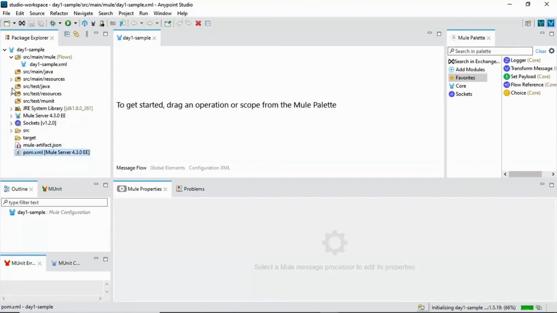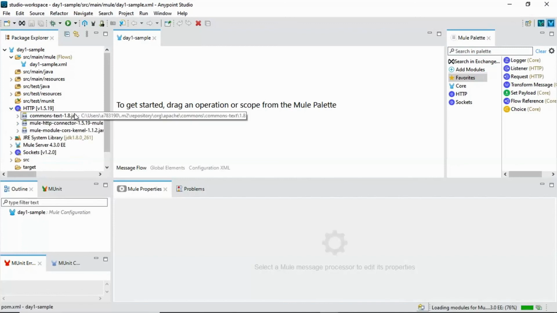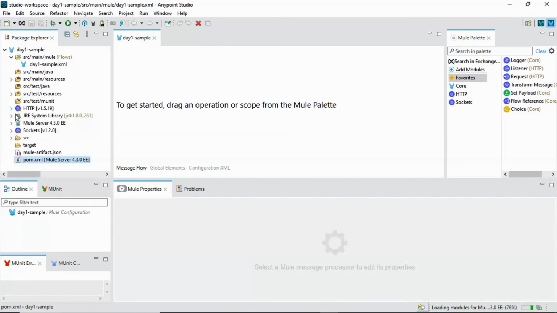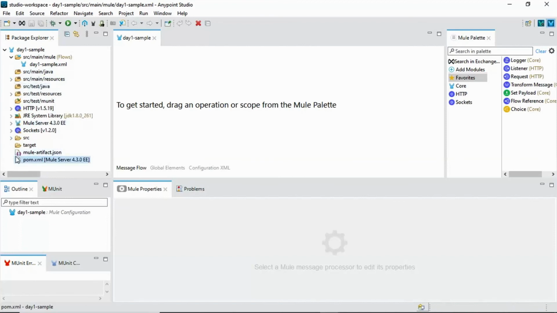You can see various folders for resources, unit test cases, and your default modules, which are HTTP and socket modules, which come by default when you create a new project. You can see source and target folders. So this is the complete package explorer of your project.